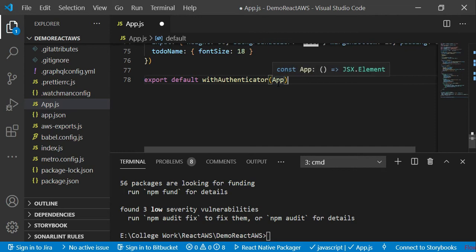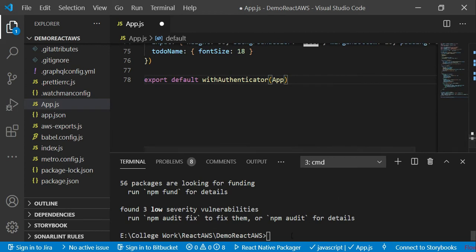So instead of App we make it withAuthenticator(App). Why did we make this change? Because we have to use the authentication UI component of the Amplify framework. We don't want to write code manually to design a login UI for our application. So we are done with this.